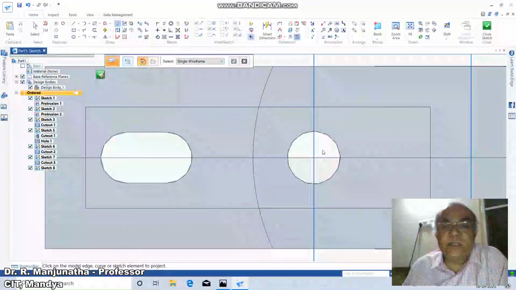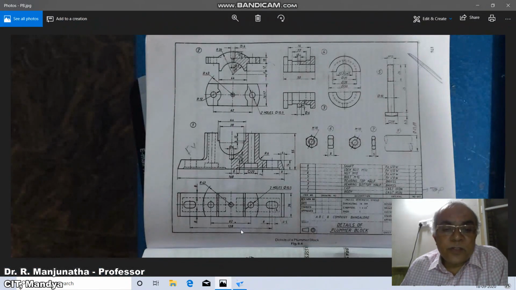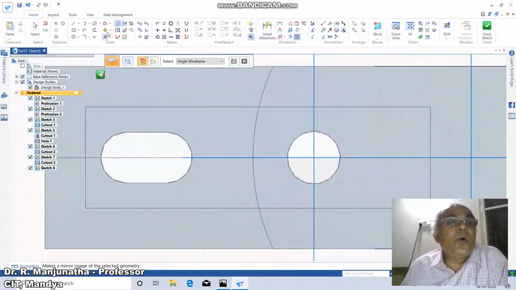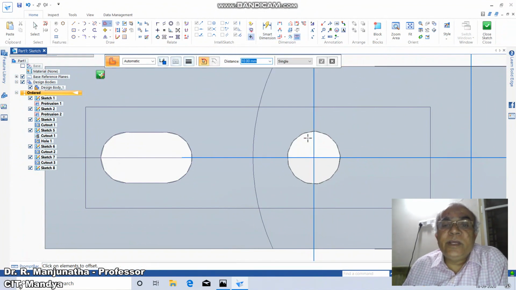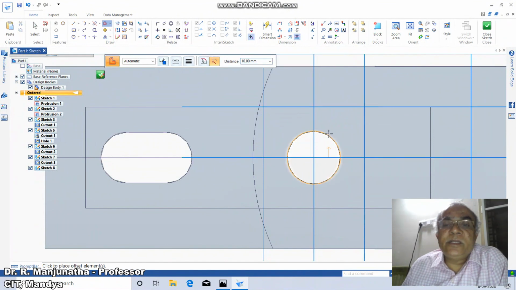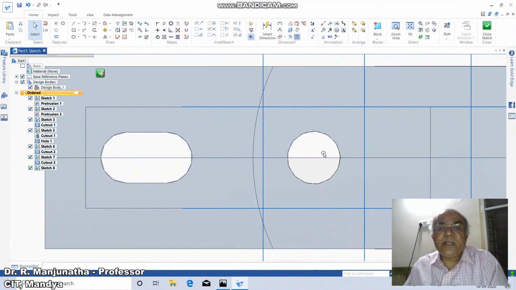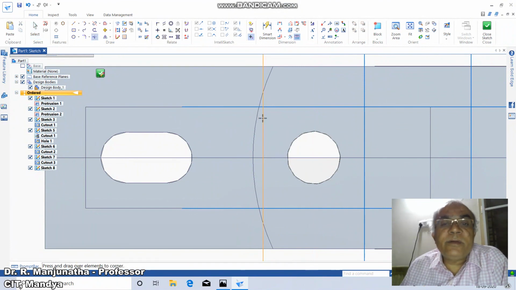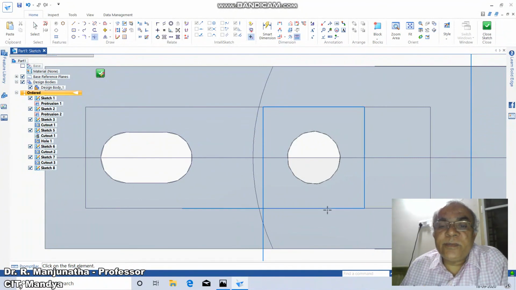Okay, you select this horizontal line. Here what it says, it is a square of 20 mm. So that means in the top view you are going to get this square of 20 mm. So go to offset, take the distance as 20 mm. So you take 10, from here you take 10, and from here you take 10. Similarly on this side also you take this. Then select this line and remove it, and also select this line and remove it. Then go to trim corner between these two, then between these two, and similarly on these two.